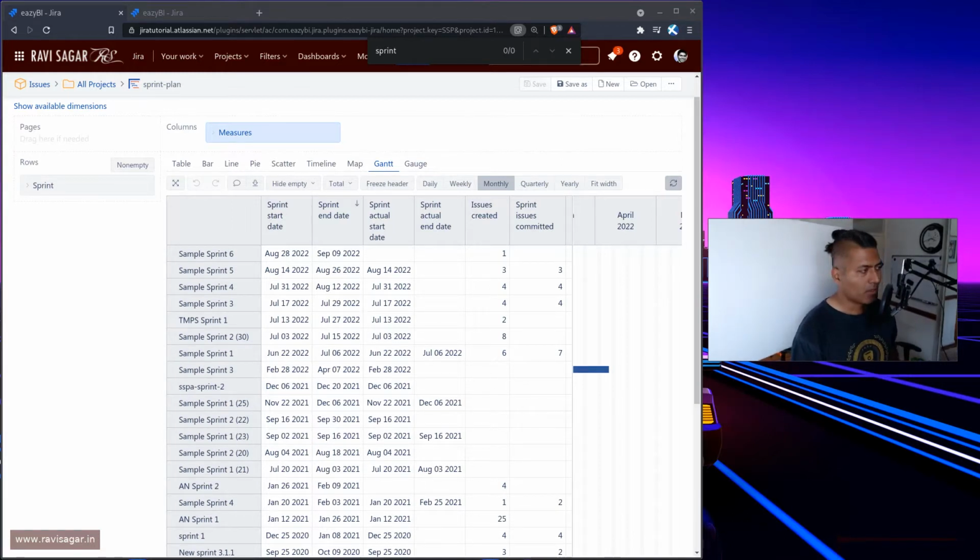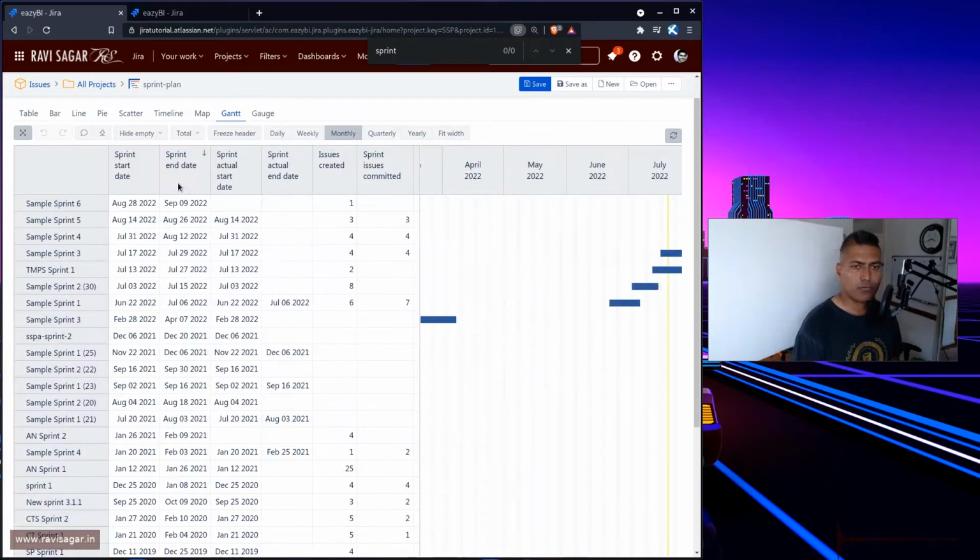Hello everyone. So today let us do one thing with eazyBI. Let us create a Gantt chart. No, a different kind of a Gantt chart, because we have been looking at eazyBI and we have learned how to create wonderful reports. But when you're working with sprints, or let us say you have to develop something,